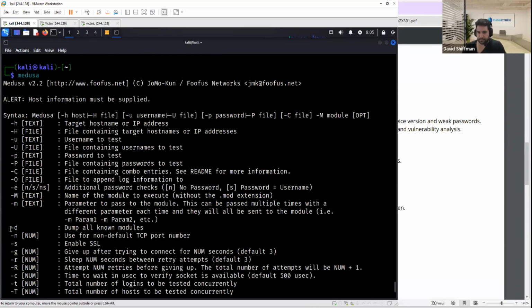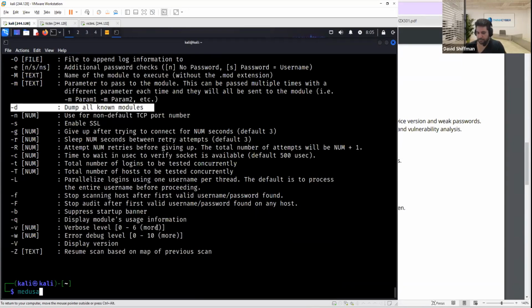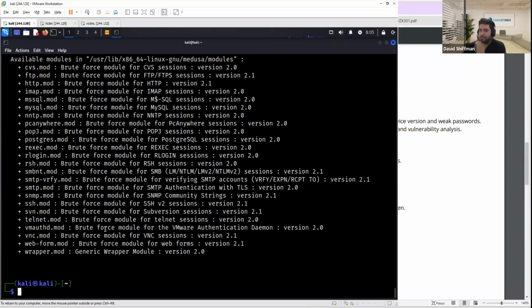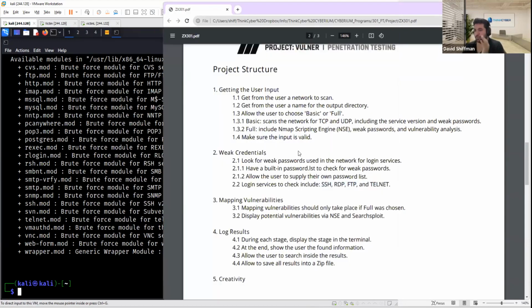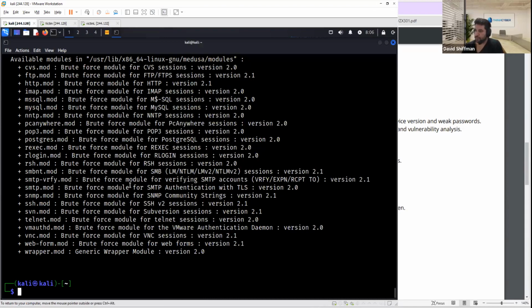Right, I think it's -d, yes. So let me just do this -d. So you can see all the different modules. So there's a lot of them out there that it supports, and you can just use this to find whatever you need. But over here for the project, you just need these ones to check and to use them. Now, have a built-in password list to check for weak passwords. You can either Google, use anything that you want to find weak passwords online. You can also use the default,